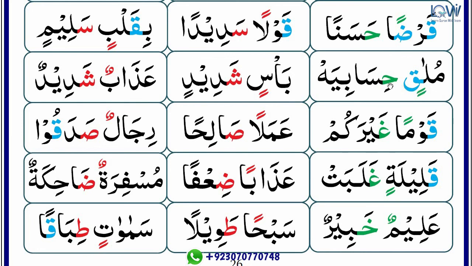Next line without spelling. There is a halki letter after tanween, that's why there is izhar without gunna. There is alif madda, that's why we have to stretch equal to 1 alif. Mulaqin hisabiyah. Next word, there is hamza sakina with a jerk, and there is an ikfa letter after tanween, that's why there is ikfa with gunna. There is ya madda, that's why we have to stretch equal to 1 second. Ba'siyan shadidin.